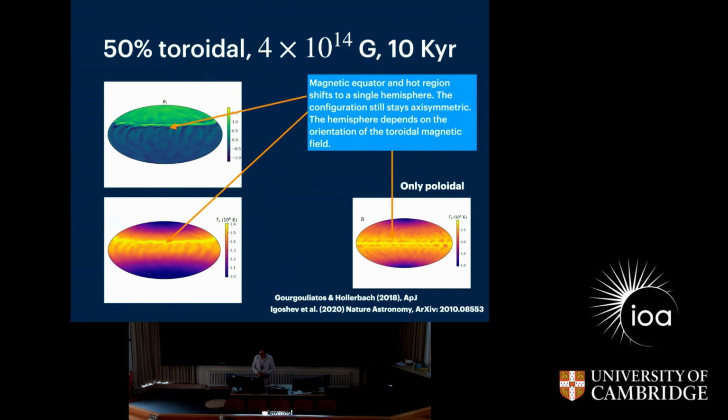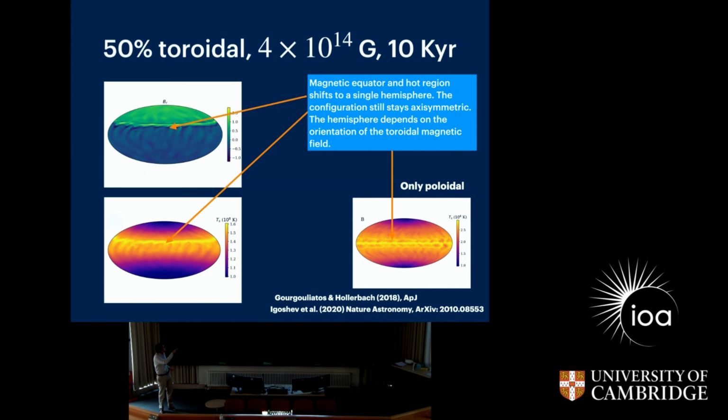So now I mentioned toroidal magnetic field in magnetars, and people on the observational side of the community were saying that the magnetic field should be at least 50% toroidal or 90% toroidal. So here I designed different initial conditions. It's still quite simple. It's still a dipole with some large-scale toroidal magnetic field in the crust, which has half of the magnetic energy. So over time, over 10 kiloyears,